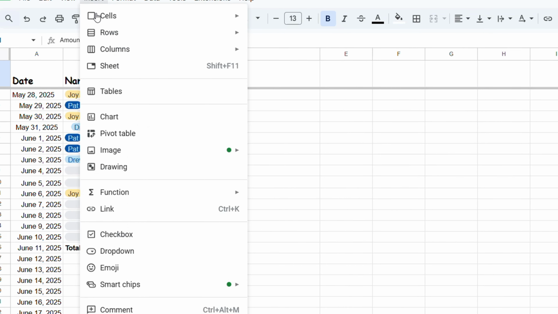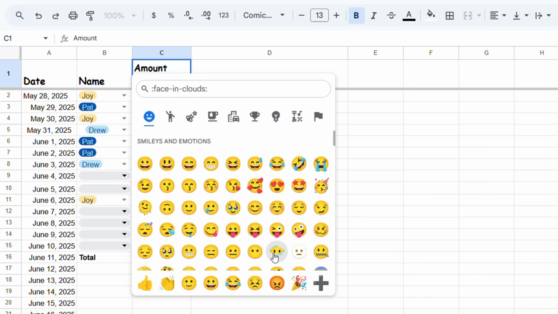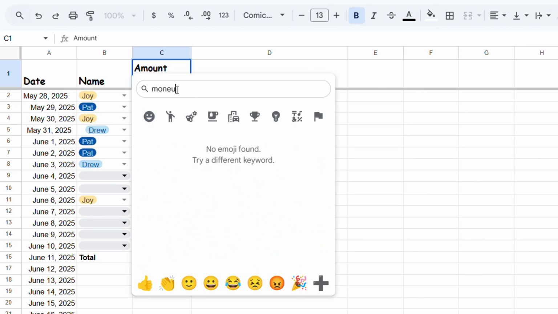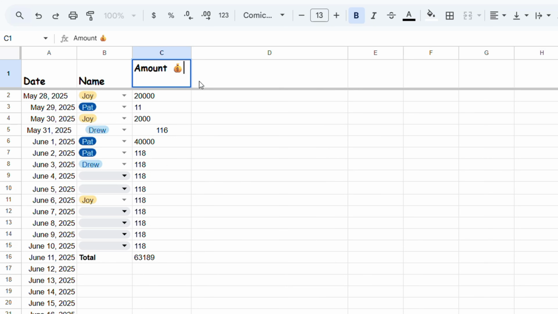Then go ahead and click on Insert, and here in the list you will find Emoji. You click on that. Or you can search for whatever you want. So if you're looking for something specific, you can use the search. I'm going to type in, for example, money, and you will see that it starts to show money right there. I'm going to add the bag of money in this case, and as you can see it's now added,